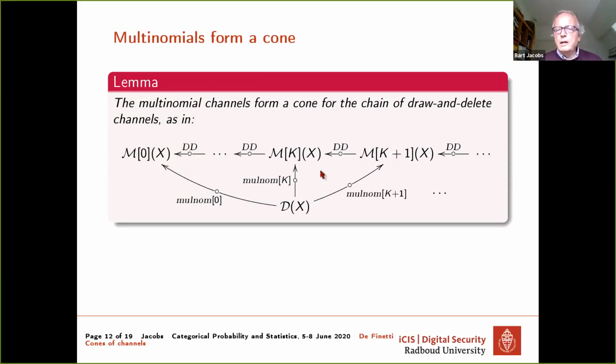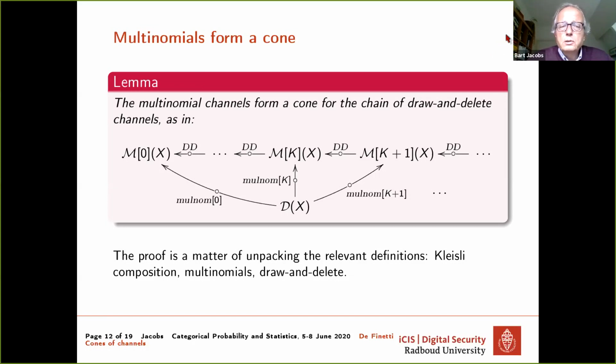And this is a very, very basic relation between very elementary operations in probability theory. The proof of this result is a matter of 5-6 lines, and it's basically unpacking the relevant definition.